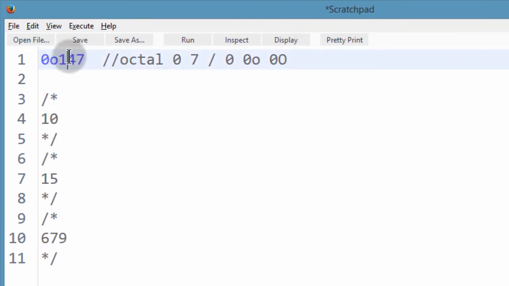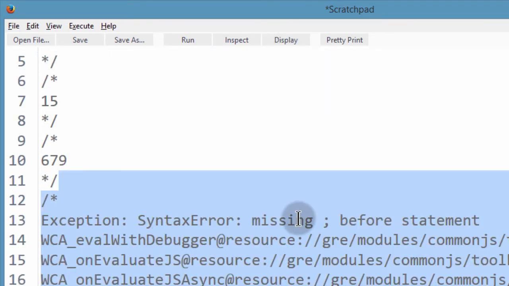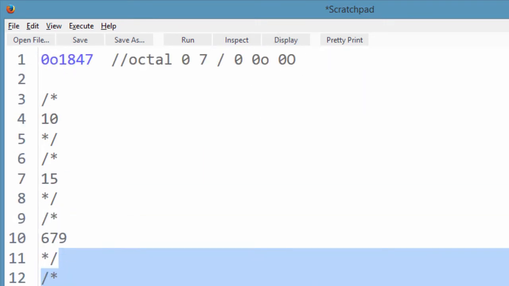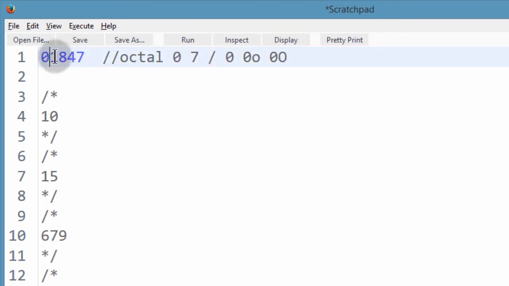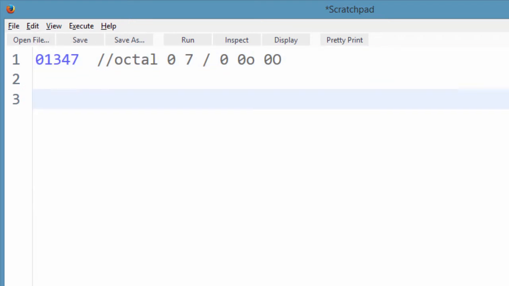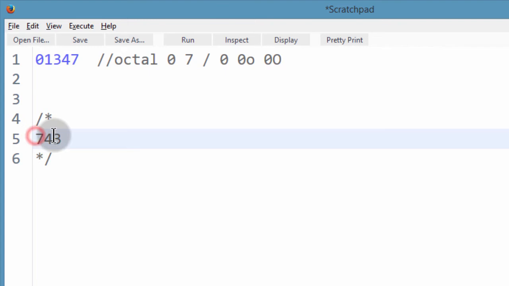What if we change this into 8? And bear in mind that here we have this 0. Let's see what happens if we have a 0 and we also have an O. So if I display this number, you can see we get a bunch of errors, and that is because there is this O here. So if I remove this O, and then take this one back to 3 so that we can have this shown back to us, let me just remove everything to clean the screen. And then if I display this, you see this value is the same as 743.